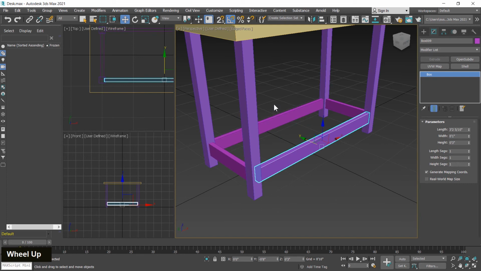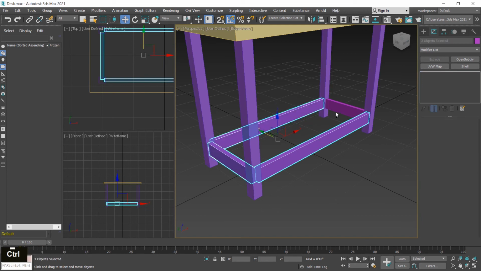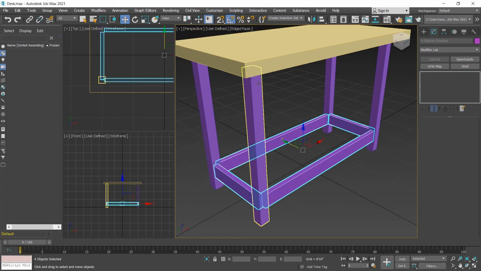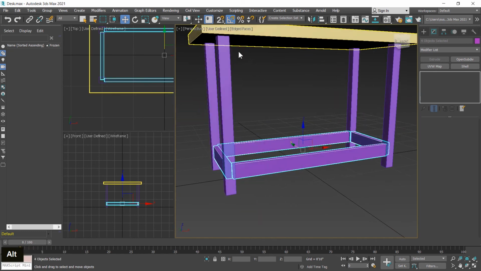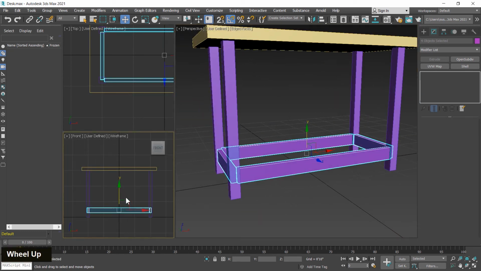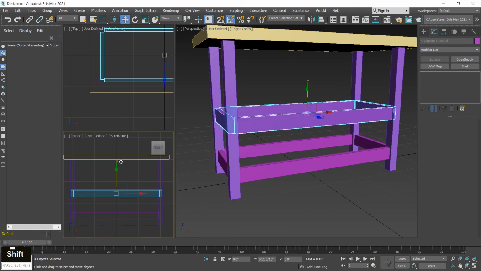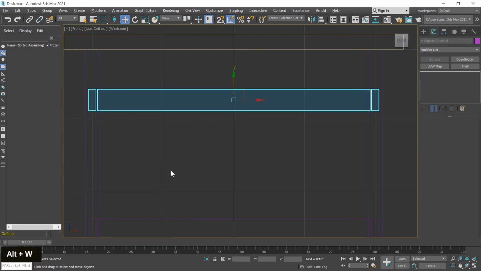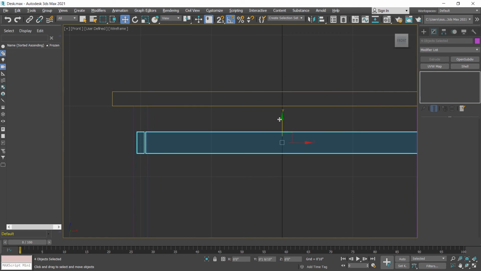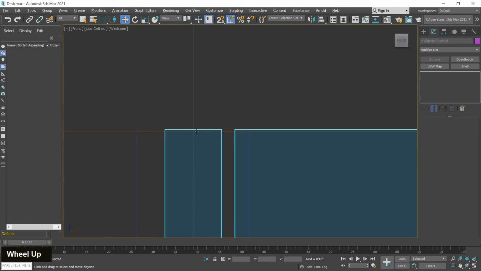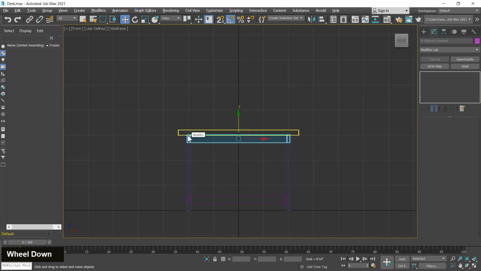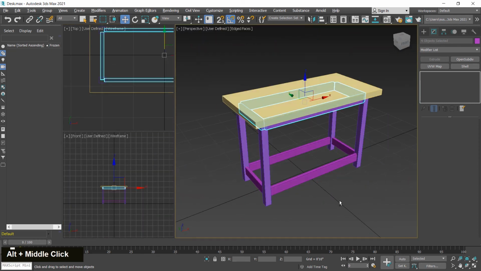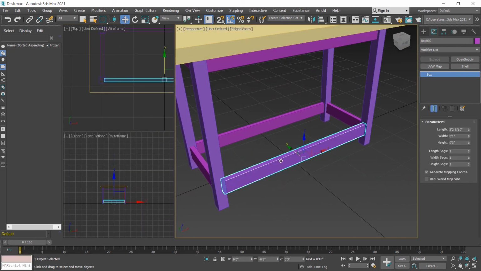Now I select this object and create a duplicate copy. For creating a support in this area, by using side viewport you can create a duplicate copy easily. It should overlap a little bit.